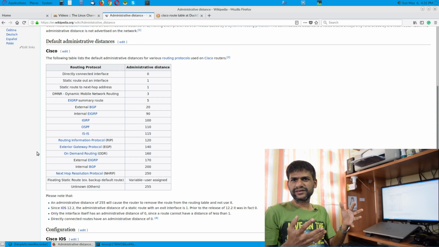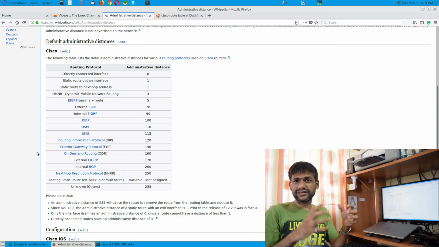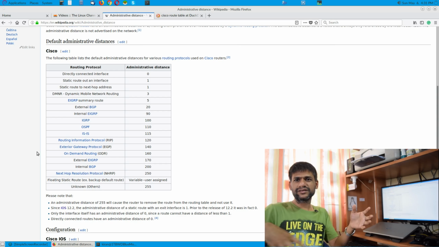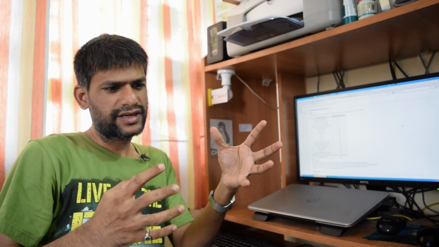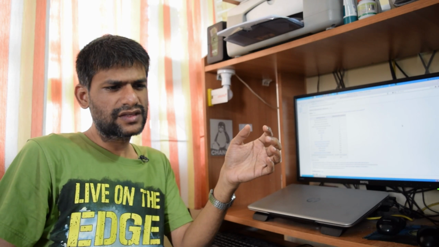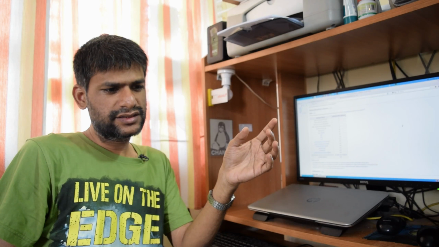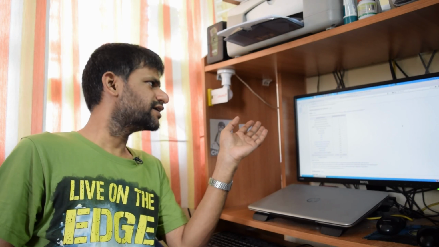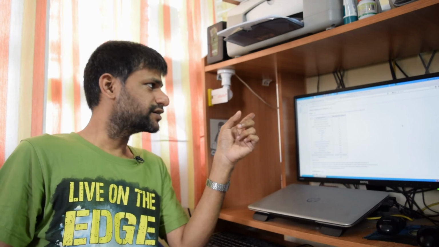The more complicated strategy you use, the more you try to connect with exterior gateway protocols and stuff like that. What is happening is, the more you connect these networks through external routing protocols, it has to go through various hops, and this is naturally going to be a higher administrative distance versus something like a directly connected network, and those kinds of static routes will carry more weightage, and their administrative distance is naturally less, because the first preference